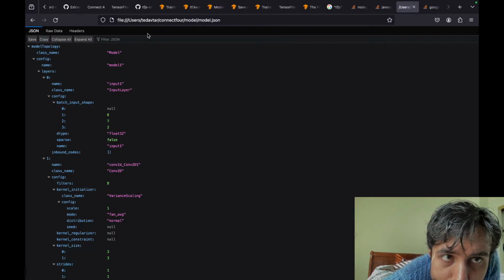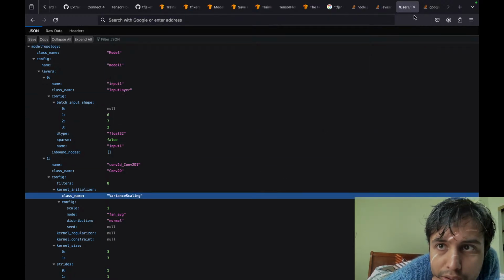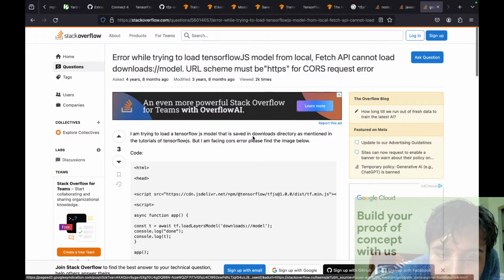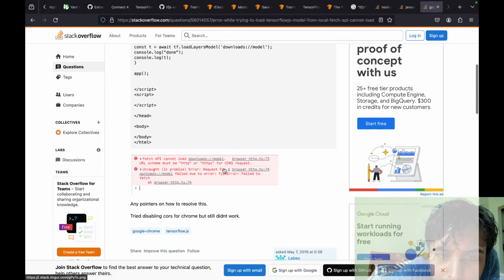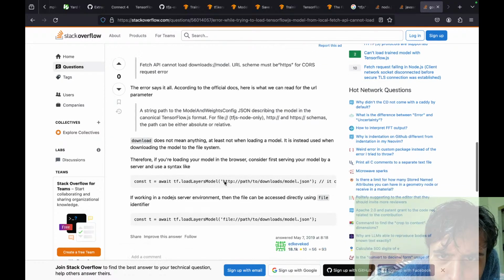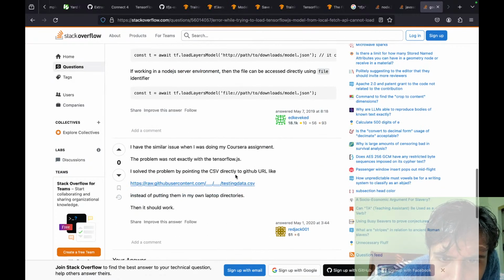Okay, so this tab is just the, I'll just cut that so it's in my paste buffer. Error local server environment, right? GitHub URL.